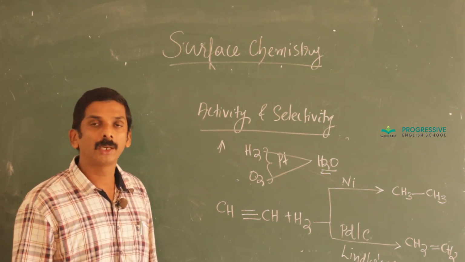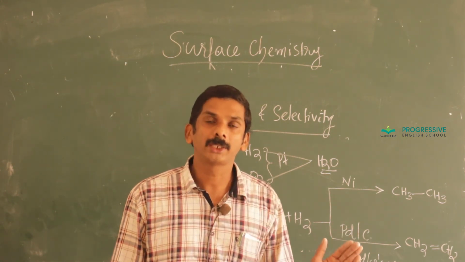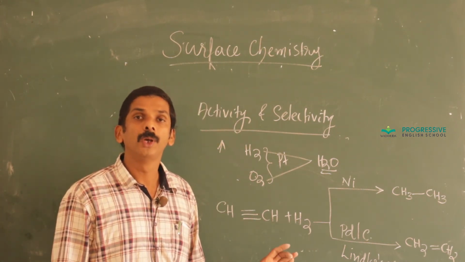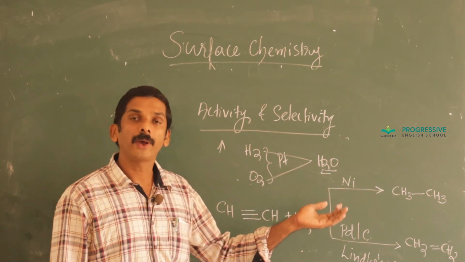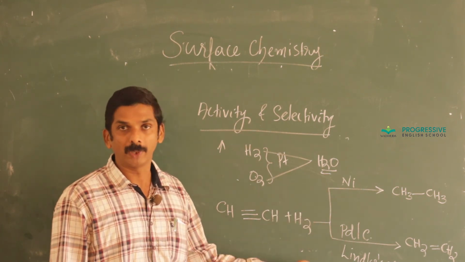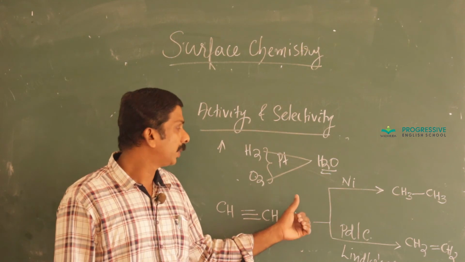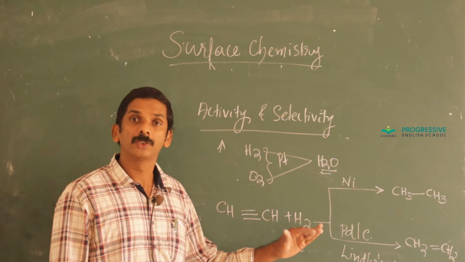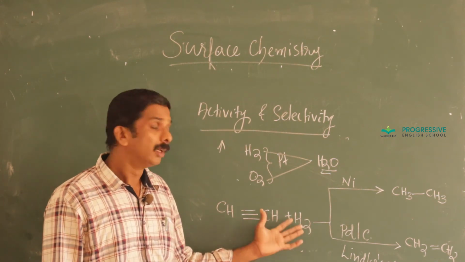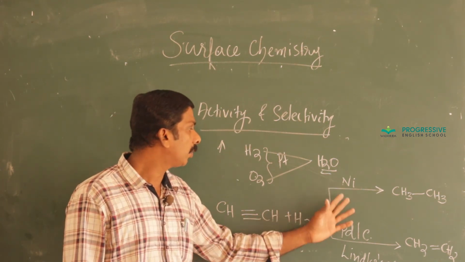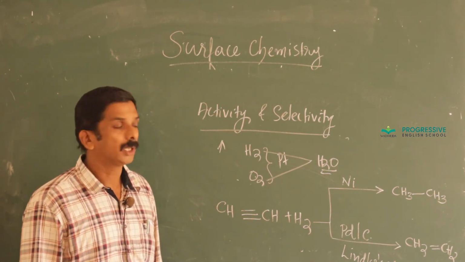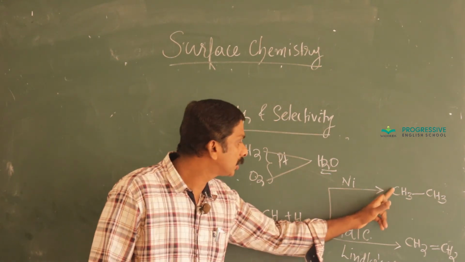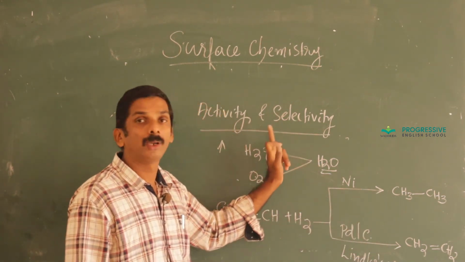In your syllabus, the given example, I think, is the reaction between water gas, carbon monoxide and hydrogen. CO plus 2H2 in the presence of copper catalyst at 500 Kelvin, 100 atmospheric pressure, gives methanol. CO plus 2H2 with molybdenum oxide gives formaldehyde. Same reactants, depending upon the catalyst, different products are formed. That ability of a catalyst to direct a reaction so as to produce different products is called its selectivity.